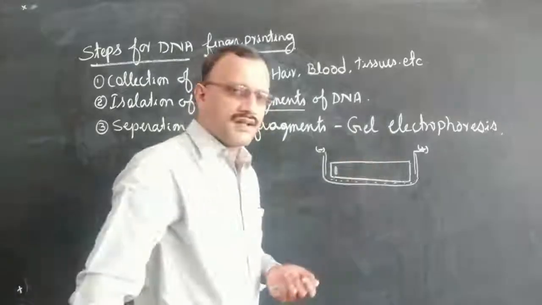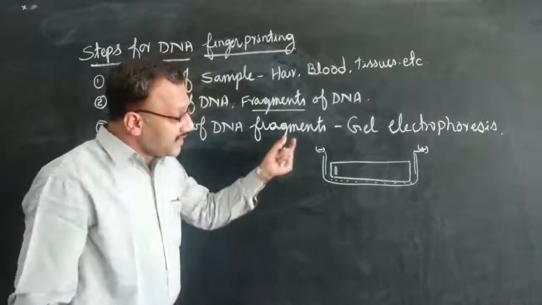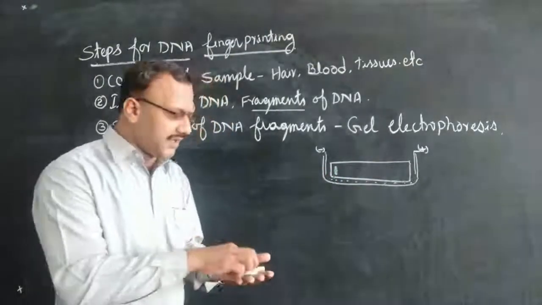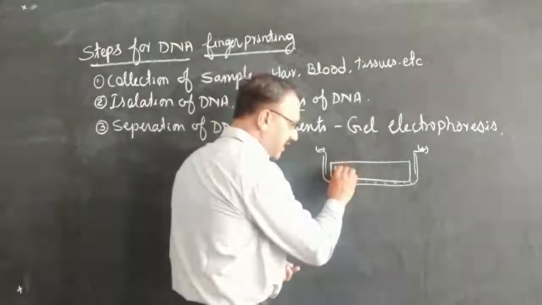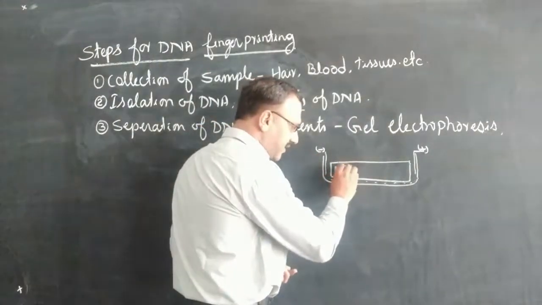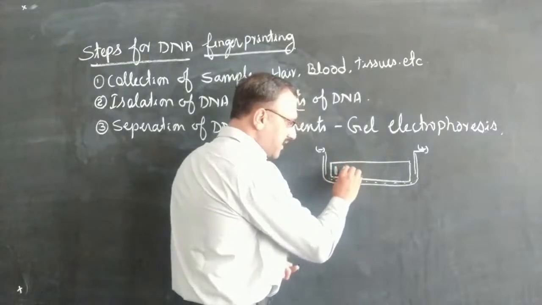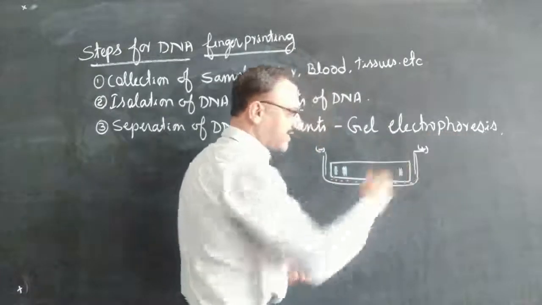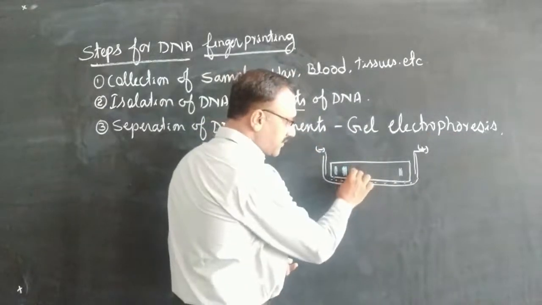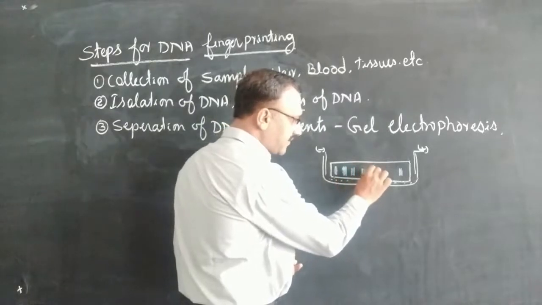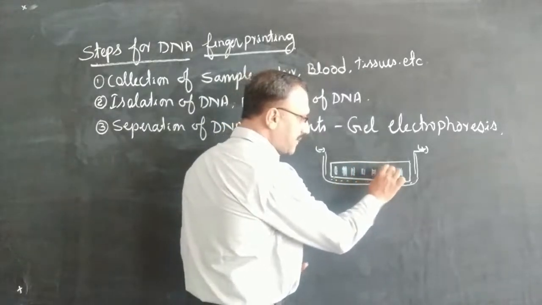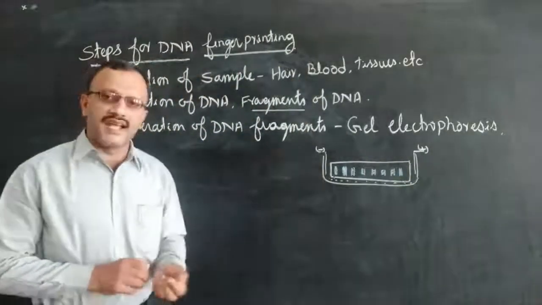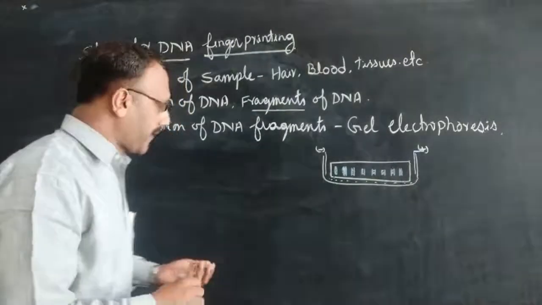As it will be run in the presence of electricity, the DNA fragments will move towards the anode. Based on the number of these VNTRs or the mini satellites, the biggest fragment or the largest fragment will be found in the early stage. The smallest fragment will be found at the farthest end. It will be moved by capillary action in an agarose gel. So separation of these fragments will be done by using a technique called gel electrophoresis. Following this separation,